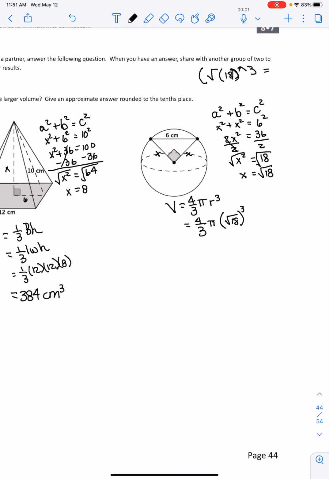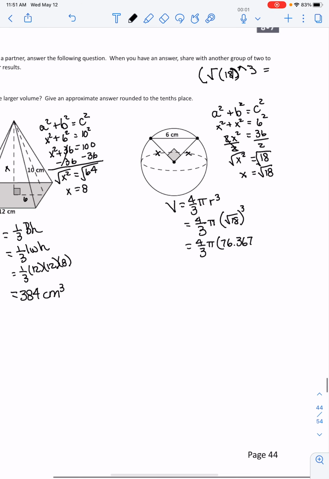The answer it's going to give you is 76.36753237. With that being in your calculator, you can simply hit multiply pi multiply 4/3, and it's going to give you this number next. So you're going to hit equals, and it's going to give you